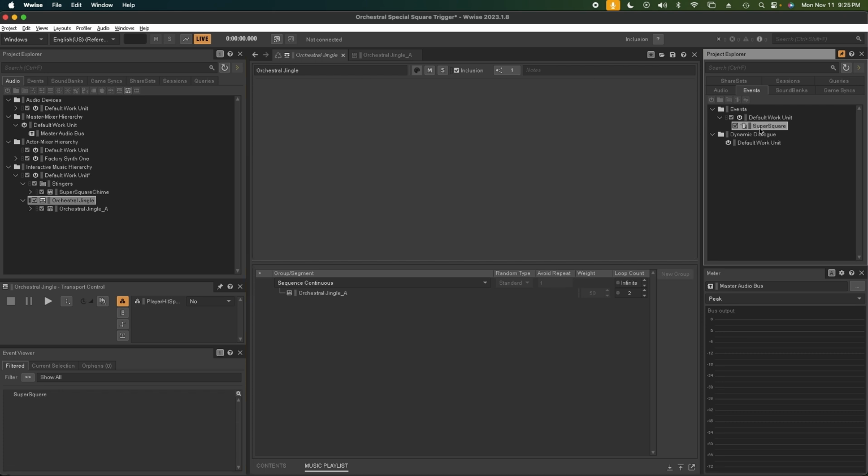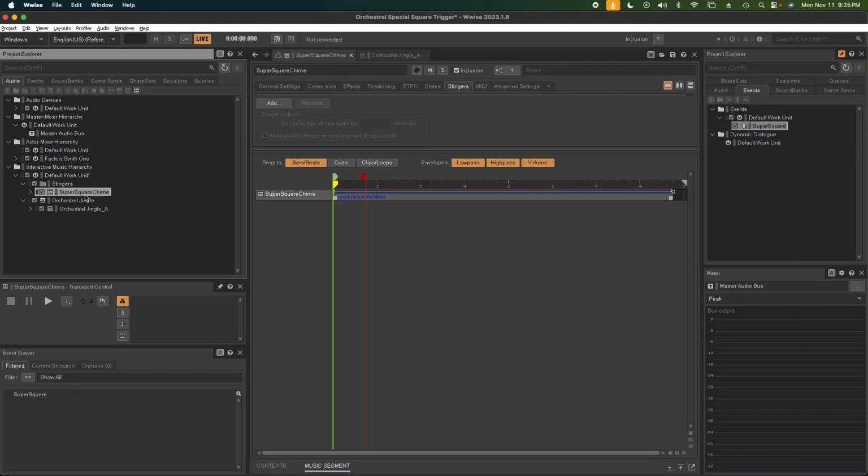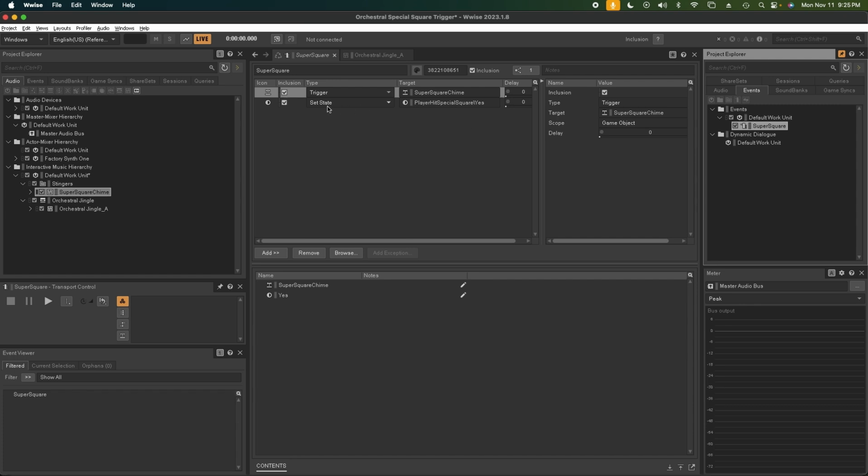Now, the event has two actions. The first one is to trigger the super square chime trigger, which in turn will play this super square chime immediately, right? And then the event will set the state which we targeted to be the player hits special square state group that we have here in the same game syncs to make it yes. So it'll do two things. It'll trigger the super square chime to play, and then it'll change the state group of the player hits special square